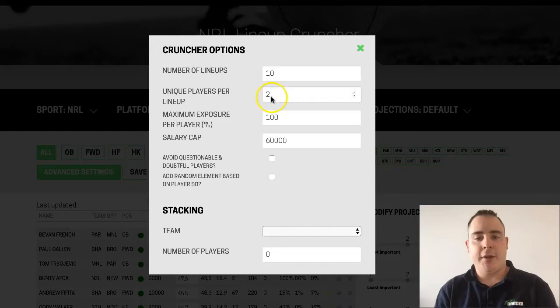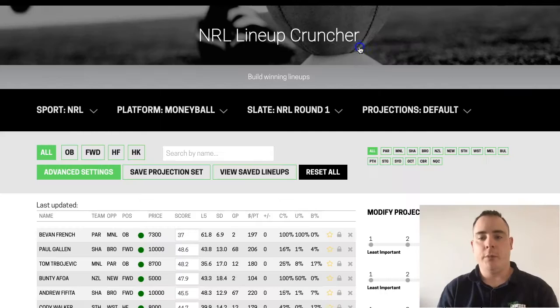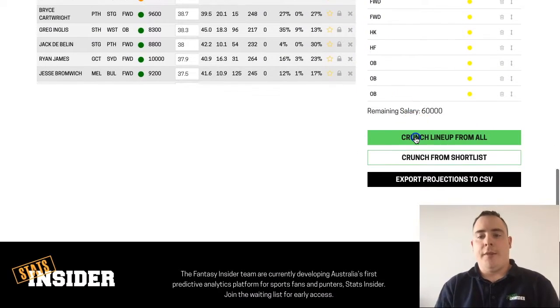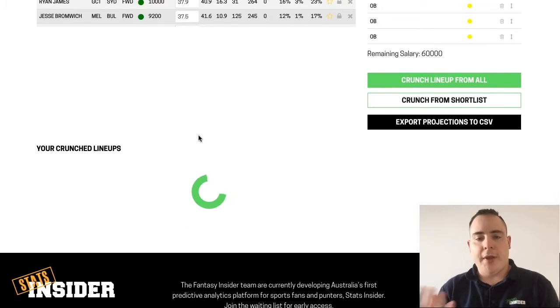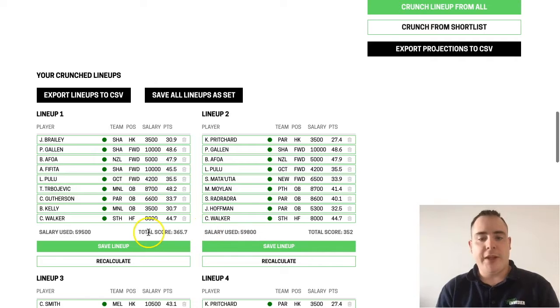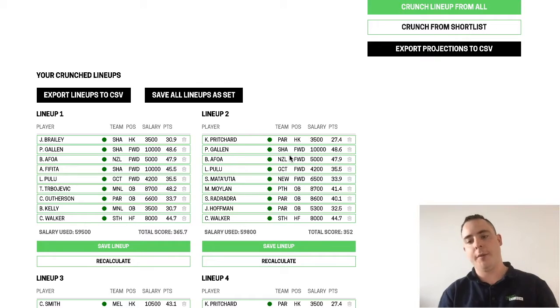So for example, if we set it at 5 unique players per lineup and we close, and then we go to crunch lineup from all, you'll find that the lineups that you get back in return are much more varied. So you can see here that now lineup 1 has a score of 365, whereas lineup 2 has a score of 352. And that's because at least 5 players who were in your first lineup are not in your